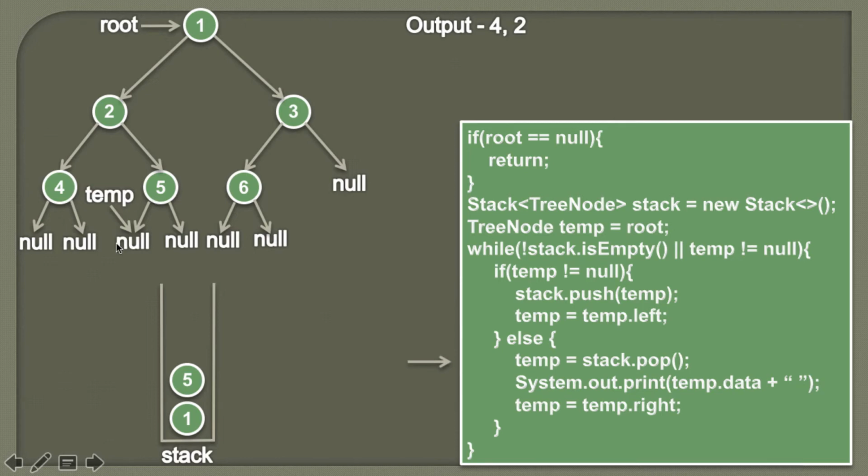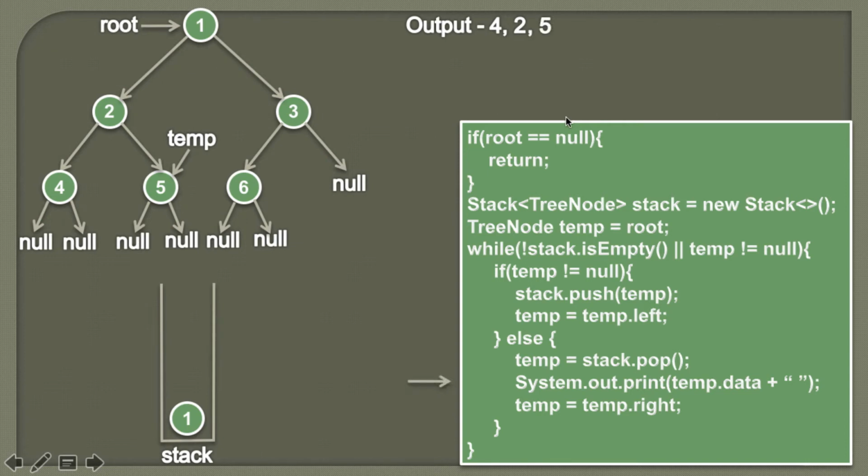As node 5 has no left subtree, it simply means that we have visited its left part. Now we'll actually visit the node. So we simply pop the element from the stack. When we pop the element from the stack, we know that 5 was inserted last, therefore it would be the first one to be removed. And when we remove the node 5, we assign its value to temp. So now temp will point to the node 5. It would look something like this. Now temp is pointing to the node 5. And then we'll simply visit the node 5. So on the console we print the data associated with the temporary node, which is 5.